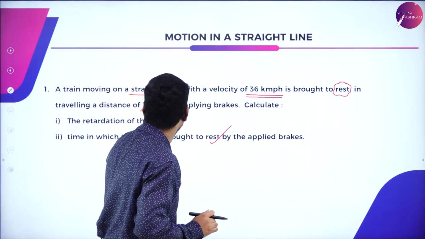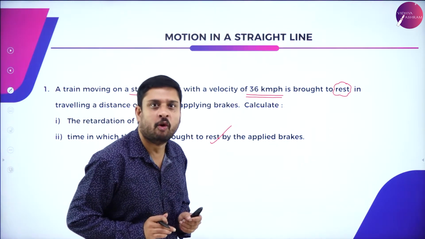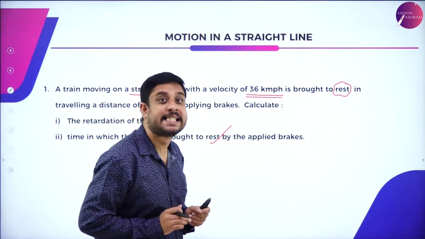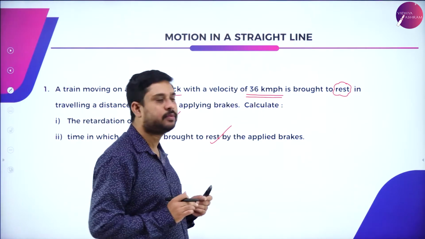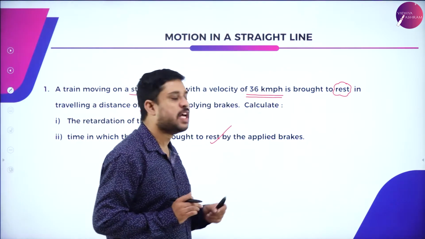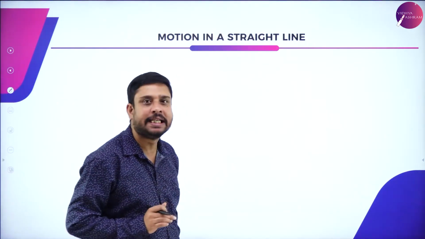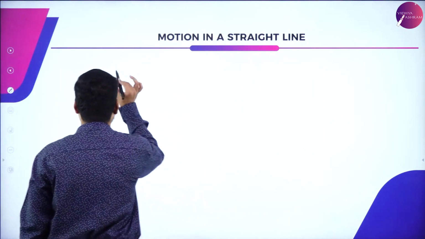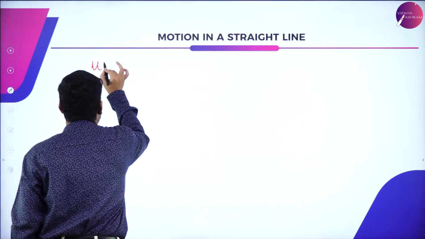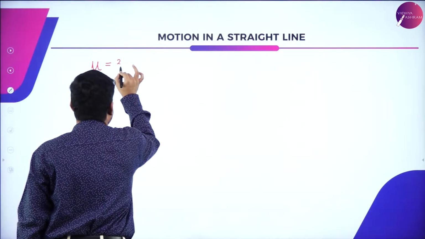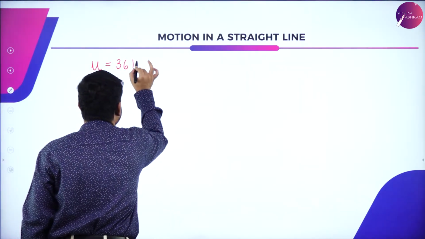there is a train moving on a straight track with a velocity of 36 kilometers per hour. So the initial velocity is given, 36